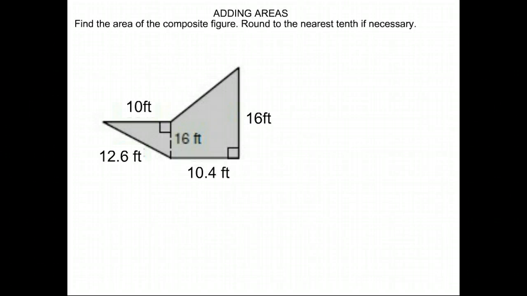Composite figures, which just means two figures or three figures put together. Okay, so this one again gives us a strange looking figure. So what we want to do is separate it into things we have a formula for. We have formulas for rectangles, triangles, trapezoids, kites,